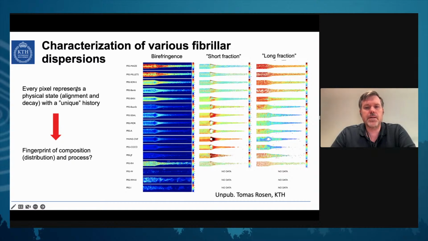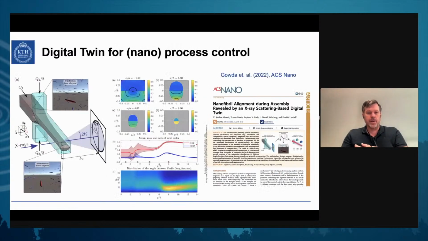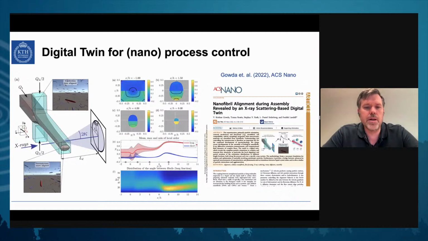And I mean, the basic idea that Thomas is working along is that we can use this as a readily usable method to quantify CNF dispersions, both when it comes to sizes, but also to their networking, loose networking ability. So this is seen as a possibility for process control. And how we want to use it is a concept called digital twin, and that has been published by Fredrik, who we're working closely together with and have done for all the time since